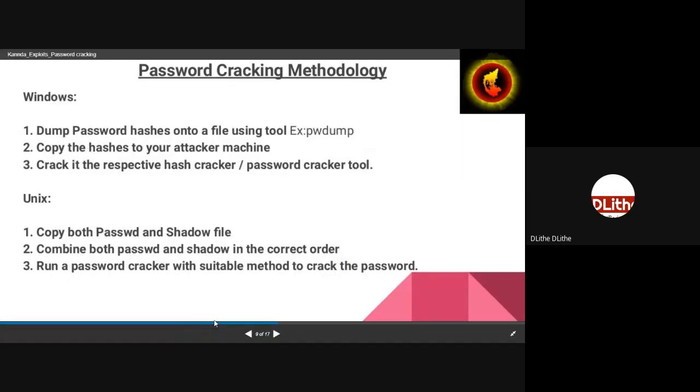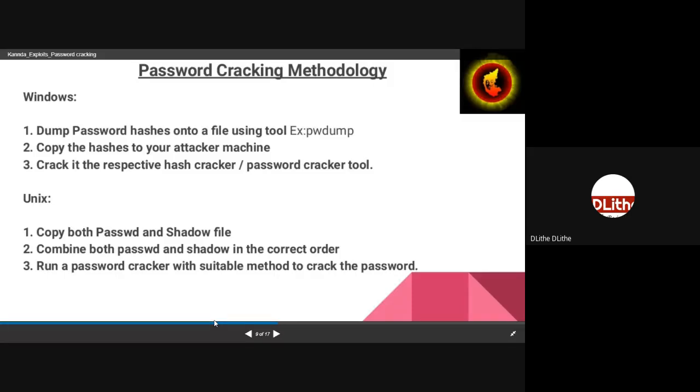Then we need to copy both the password file and shadow file locally. Once we capture both files in a system, we have to combine both the files and then run our password cracker over them.